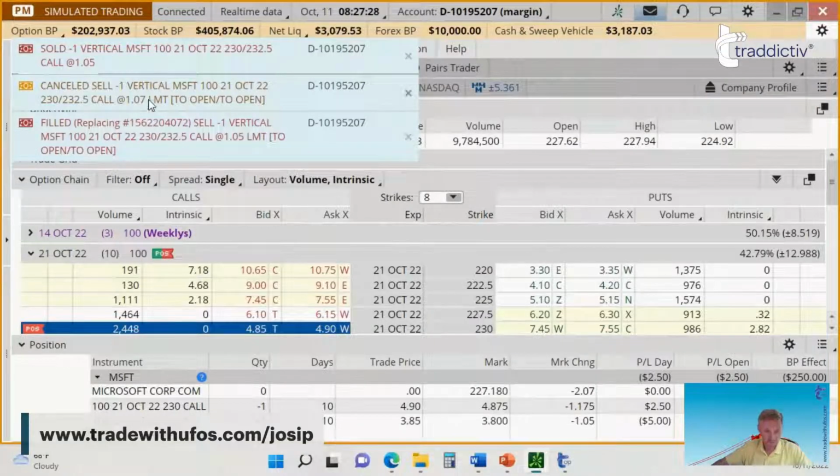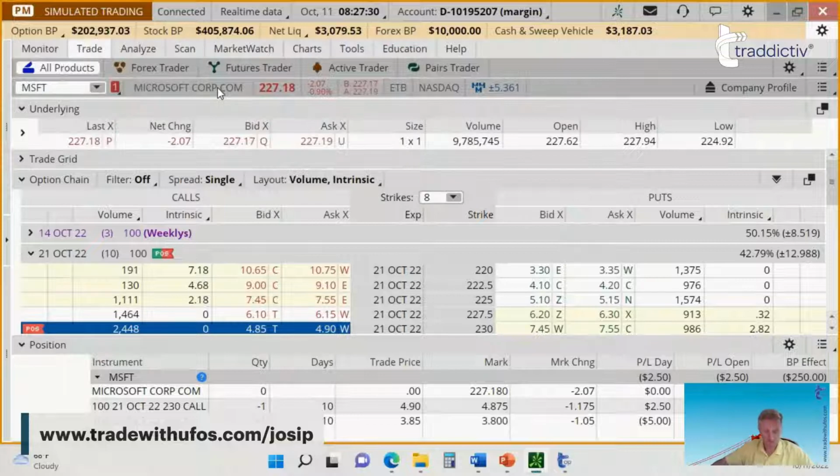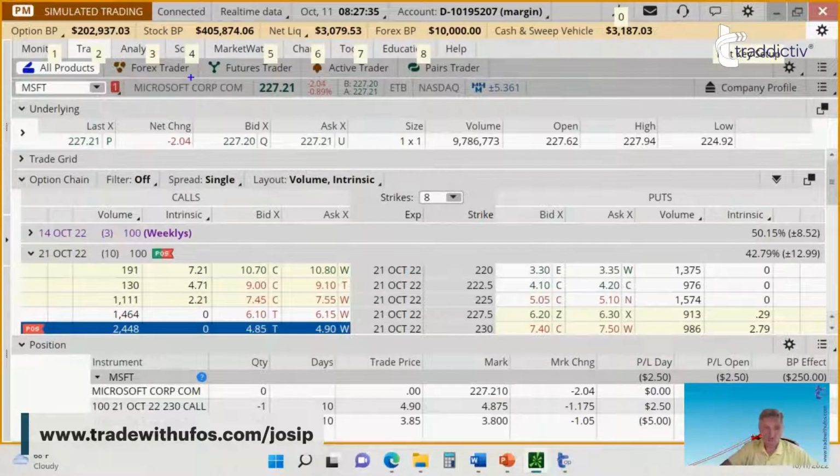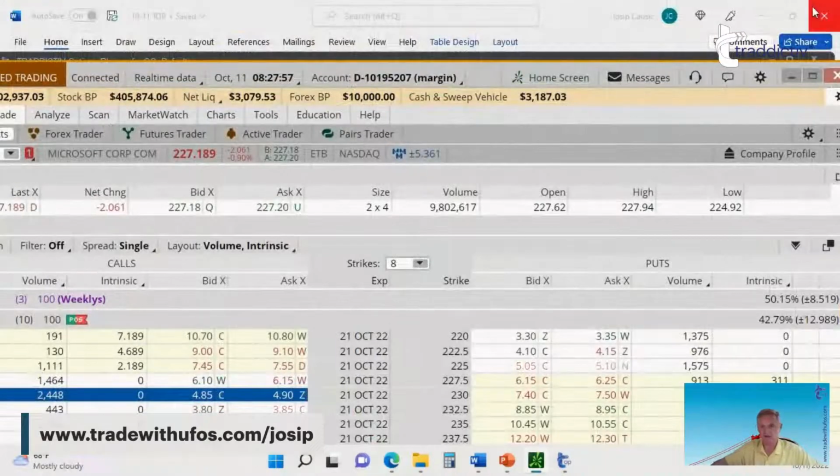If this was a real trade, which it is not, because obviously I'm here in a paper trading account, and you can all see that right here, it shows simulated trade. This 2448, if this was a real trade, would become a 9. It would instantly fill at 9. But because it's a paper trade, it hasn't moved unless there's a real trade that somebody takes right now and this populates by 9. But this is the first trade that I placed.